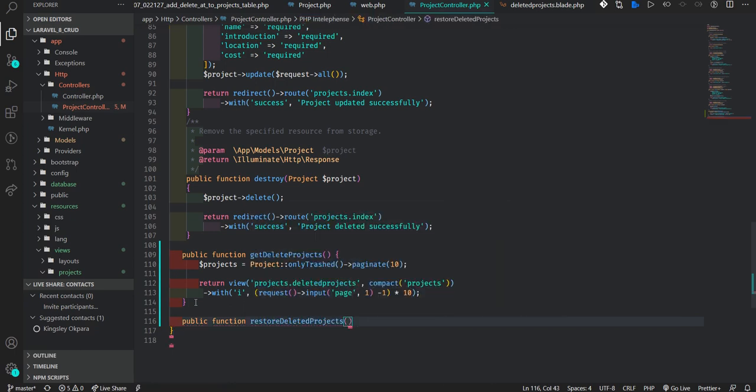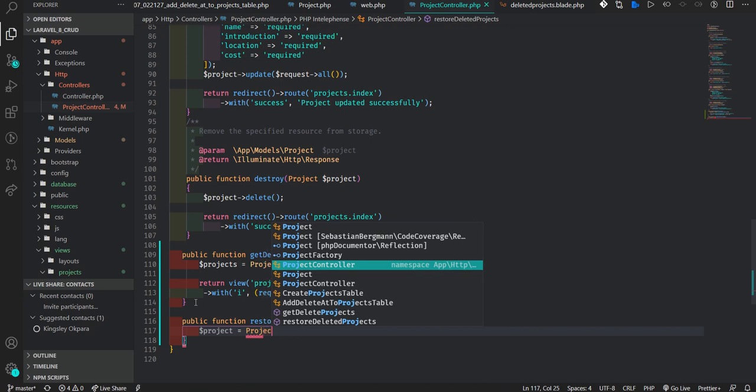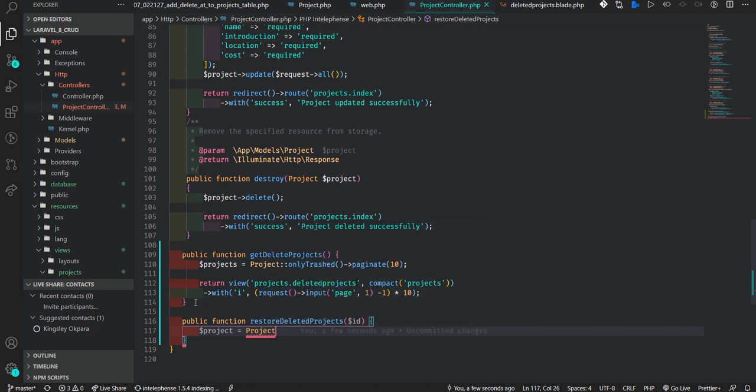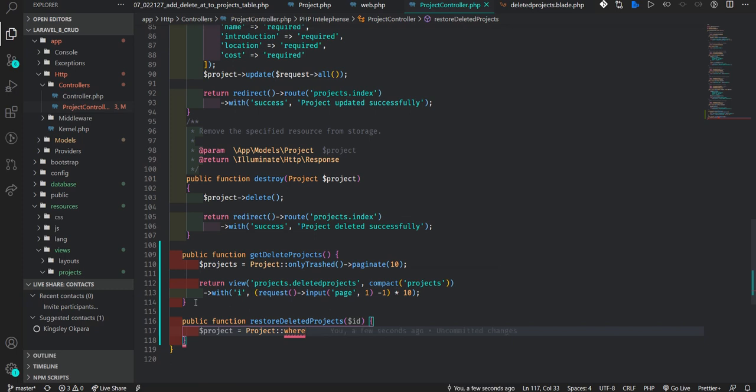The route is going to collect an ID, the ID of the very project you want to restore. So we call this. Now let's assign it to a variable, project. Now we go to our project model, and we are going to query it where ID is equal to the ID of what is being passed.